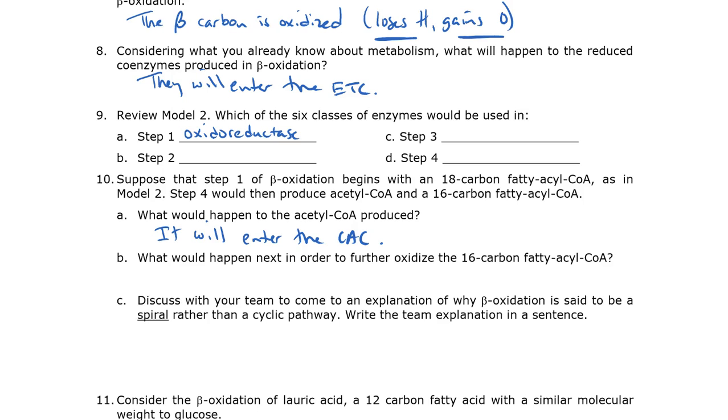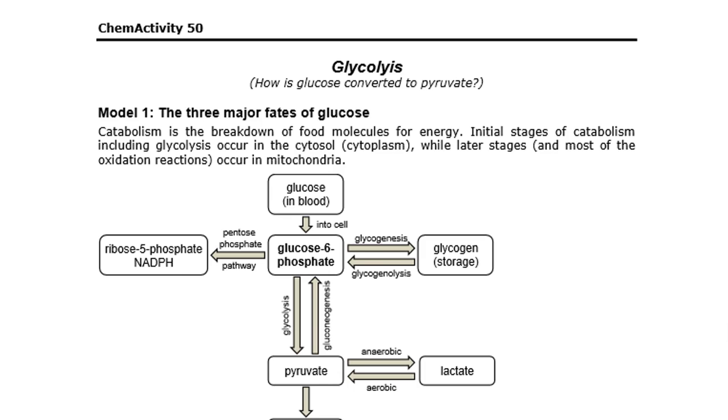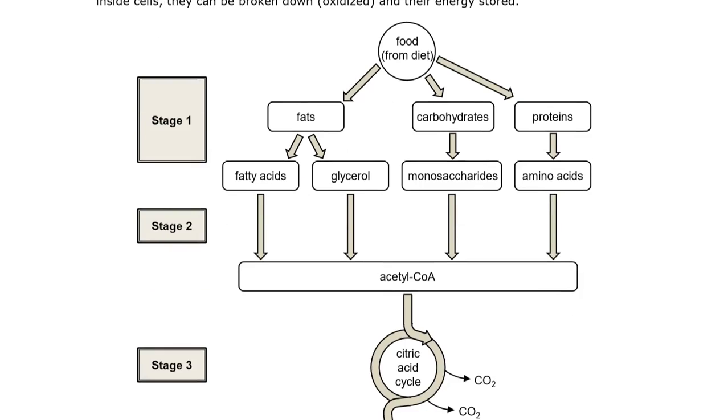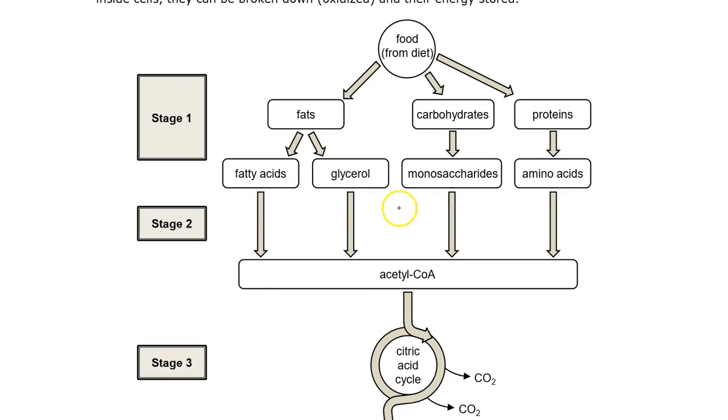This makes sense, yes? It's already again in the mitochondrial matrix, and it can go straight into the citric acid cycle and do what we've seen acetyl-CoA does before. Remember, acetyl-CoA is that molecule, not this one, at the end of stage 2. It's this common molecule at the end of stage 2 of catabolism, and so it feeds into the citric acid cycle, whether it came from a fatty acid or whether it came from glucose.